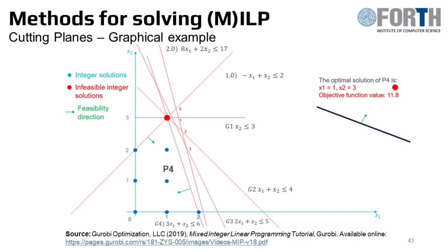region. Finally, after adding another cut labeled G4, we solve the LP once more. This time, the optimal solution becomes x1 equals 1, x2 equals 3 with objective value 11.8. Now the solution is integer. At this point, no further cuts are required because the optimal solution of the LP relaxation coincides with a feasible